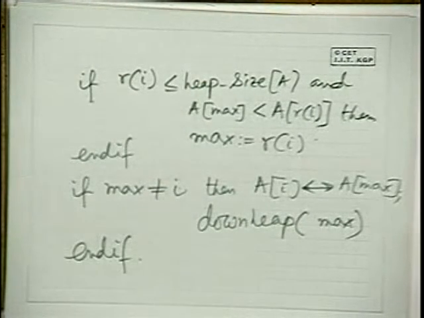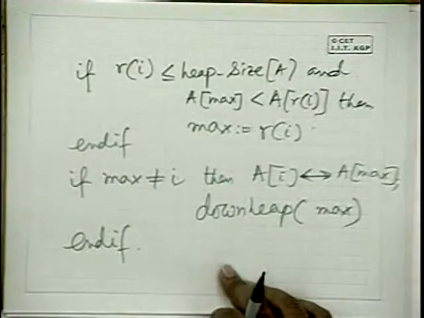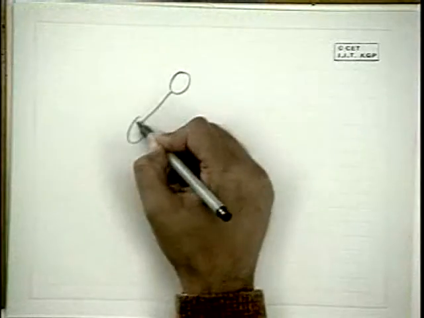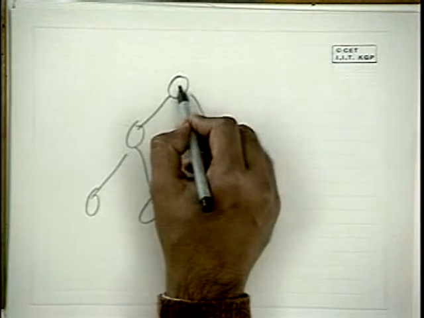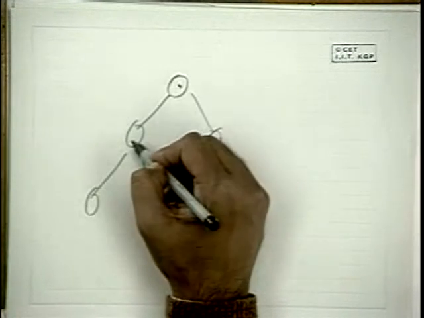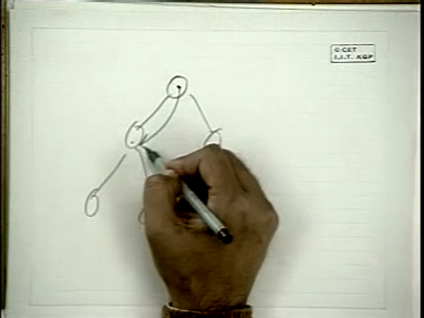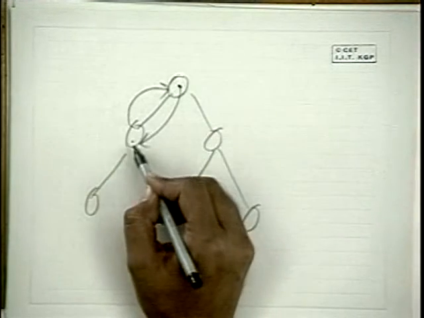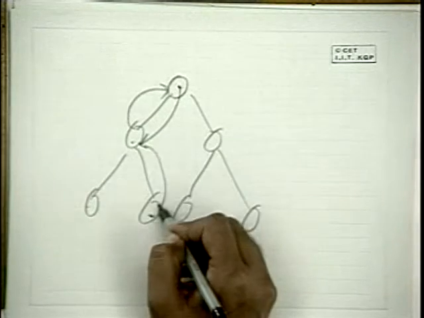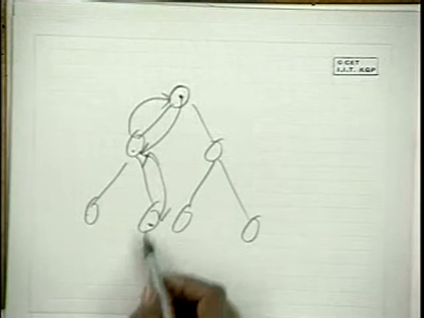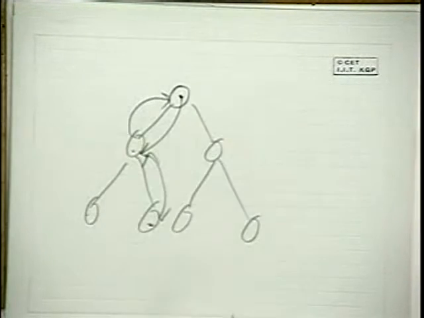Okay. Pictorially, what does it mean? Pictorially, it means if you have a heap, and this is lower than this one, then you are swapping with this one. Now if this one is probably lower than this, among these two, suppose this is the higher and this is lower, then you are swapping with this. You are going down and putting this element in the proper place in the heap. That's what this entire algorithm is doing.